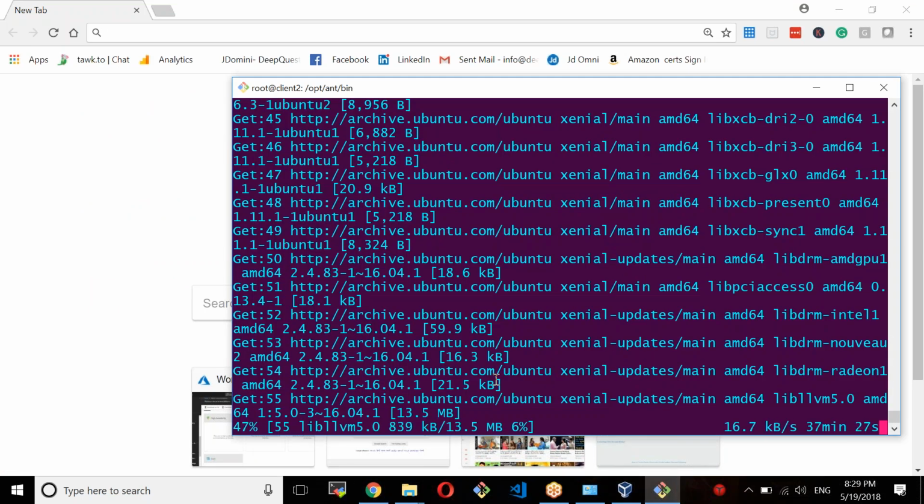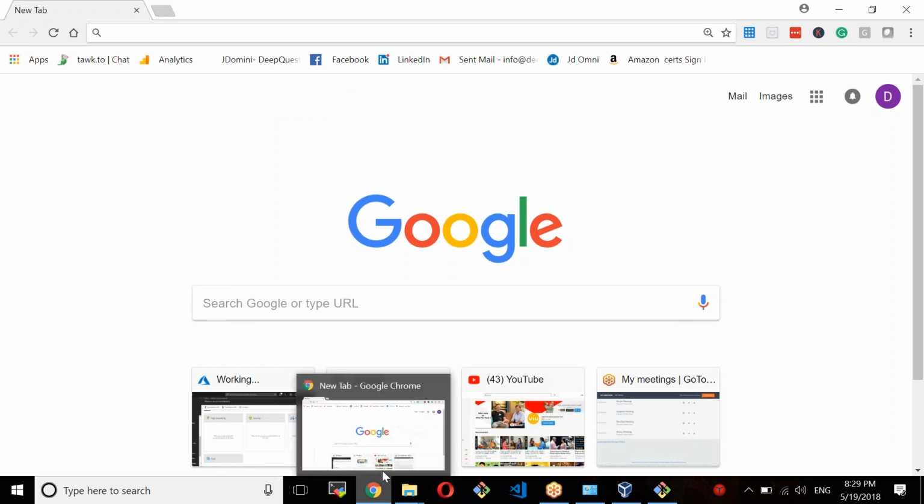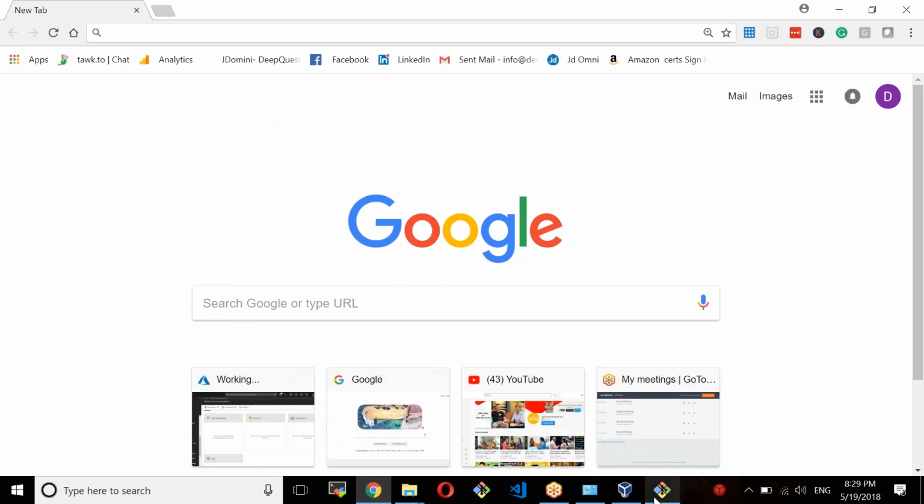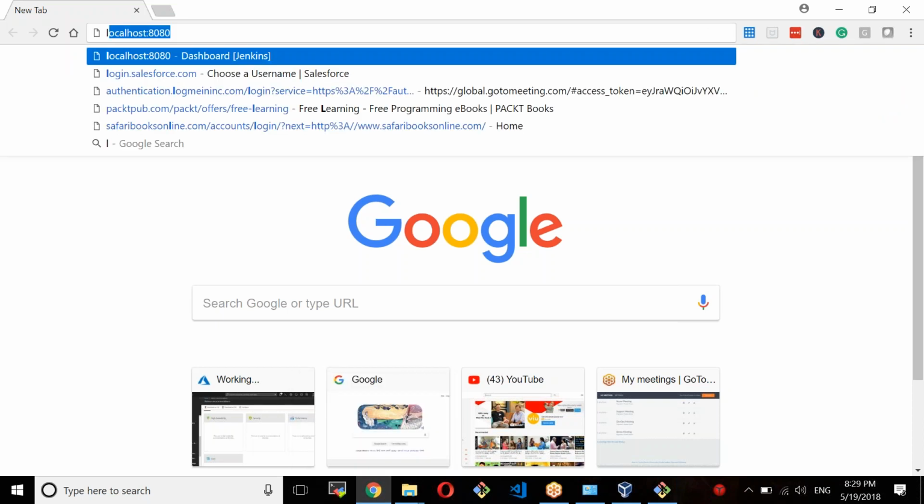So once it is downloaded, I'll show you how to set it up. And if you want to work it on Linux machines, I'll show how to do it on Linux machines also. Okay, so that's done. So now what we have to do, go to our localhost,